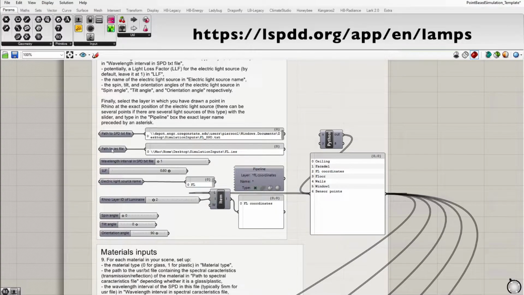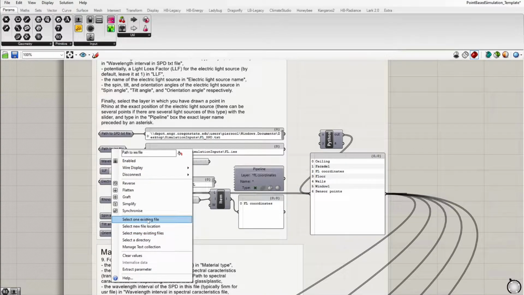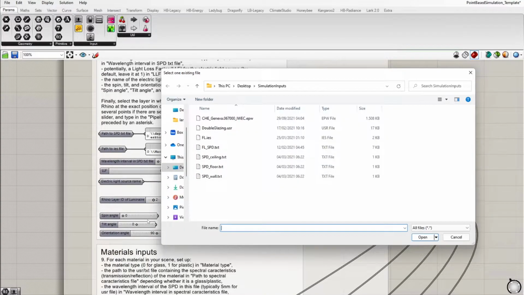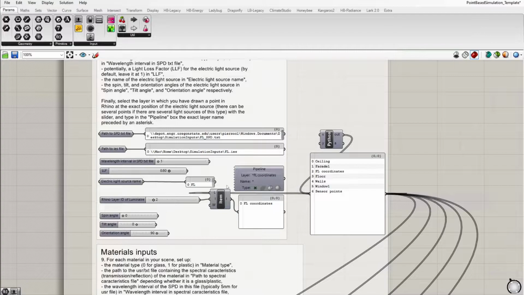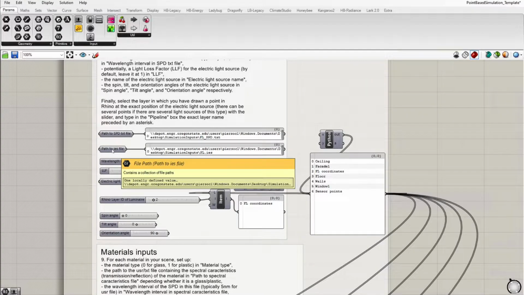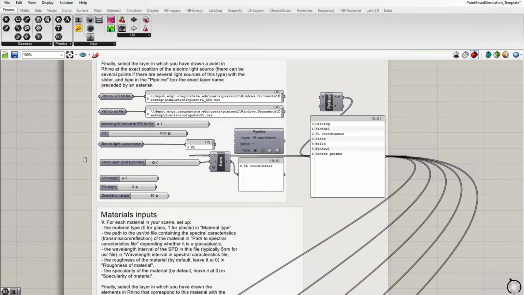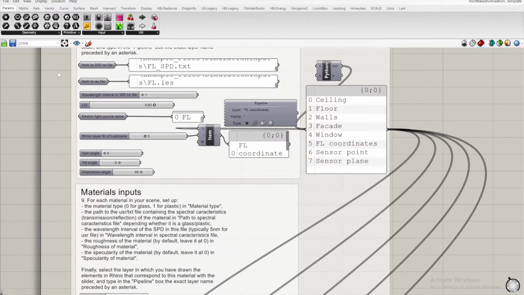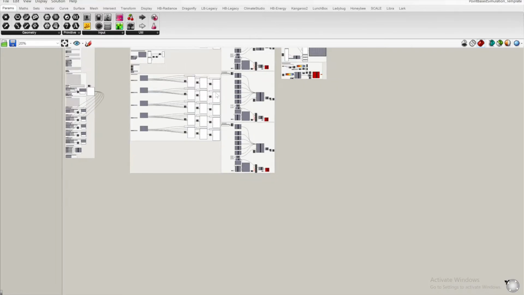The second file that you need for the electric light inputs is an IES file. So this is a file that shows the light distribution. In this case, I will again take the one that I already have, and these files are typically provided by the light manufacturers directly. When you are inputting this IES file, make sure that in your template you actually also have